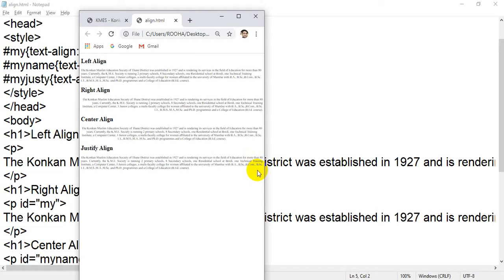So the basic story of today's lecture is we have seen 4 different values of the text-align property. These values are left, right and center. Left, right and center are very easy according to their names: left means left align, right means right align, center means center align. The main focus of today's lecture is justify. Justify means it will align from left as well as right. Getting, students? It will be auto adjusted.